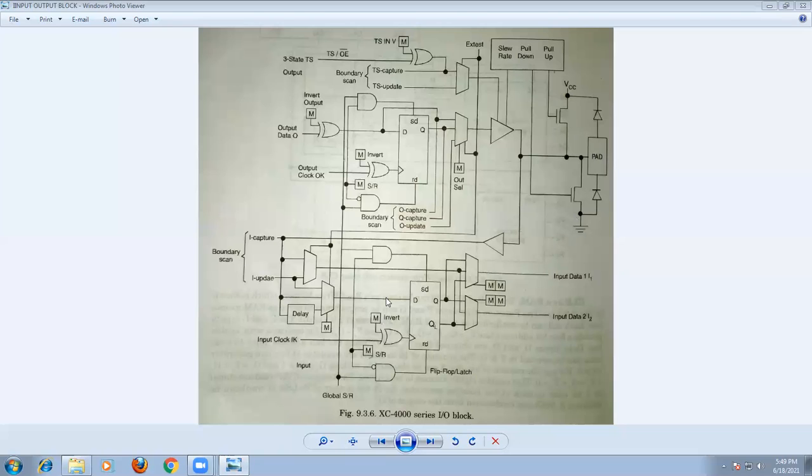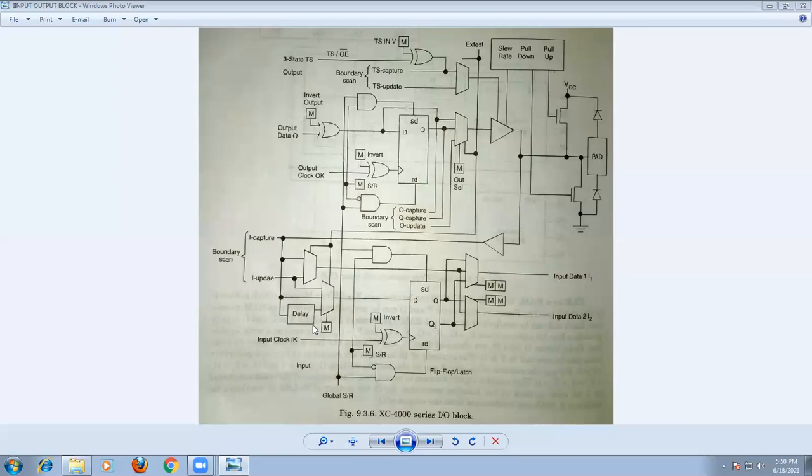That is this block. Basically, it contains the logic for boundary scan testing. It can be used for boundary scan testing, which is one way of testing the circuit. So this is the main logic we have in this case. This is another advantage of the 4000 series K compared to the 3000 series K. But this is not in our syllabus, though it is the series we are going to use now.